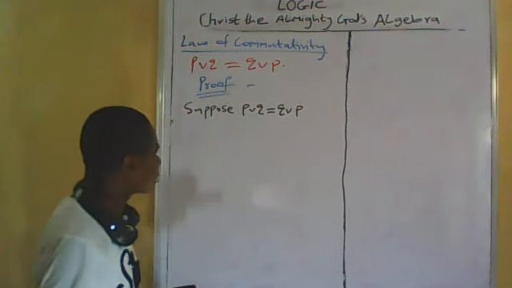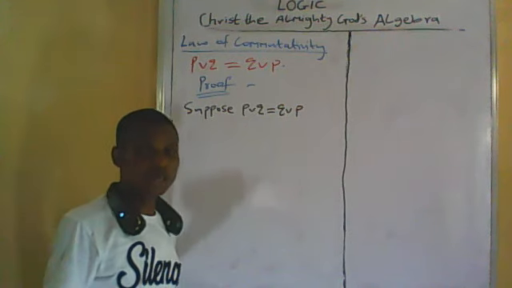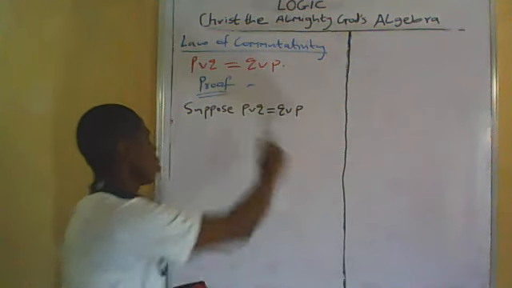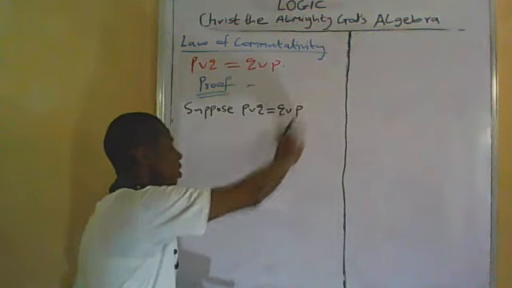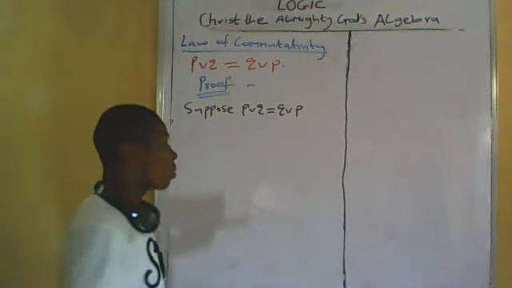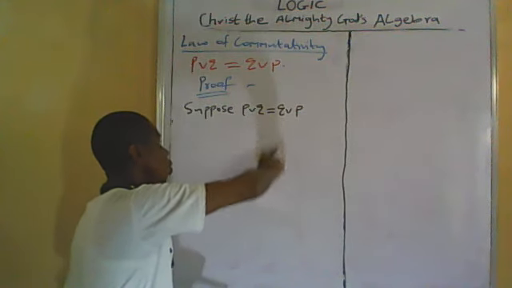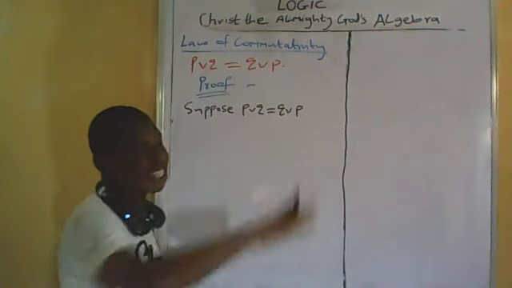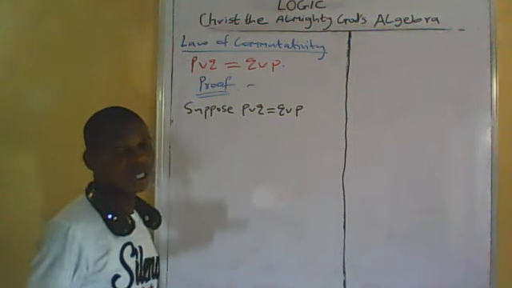Since whenever P or Q is true, Q or P is also true, and vice versa, whenever Q or P is false, P or Q is also false. Since this is the case, we are going to transform this statement into